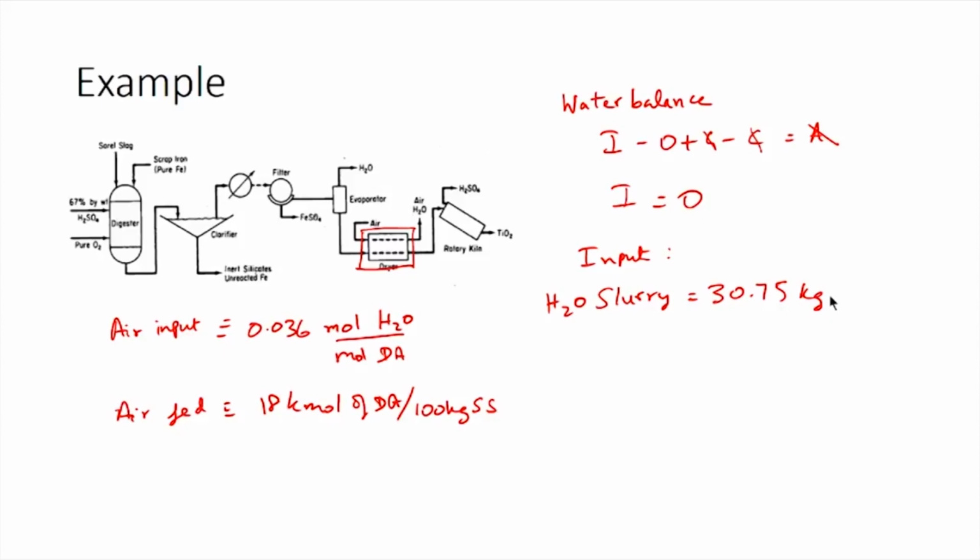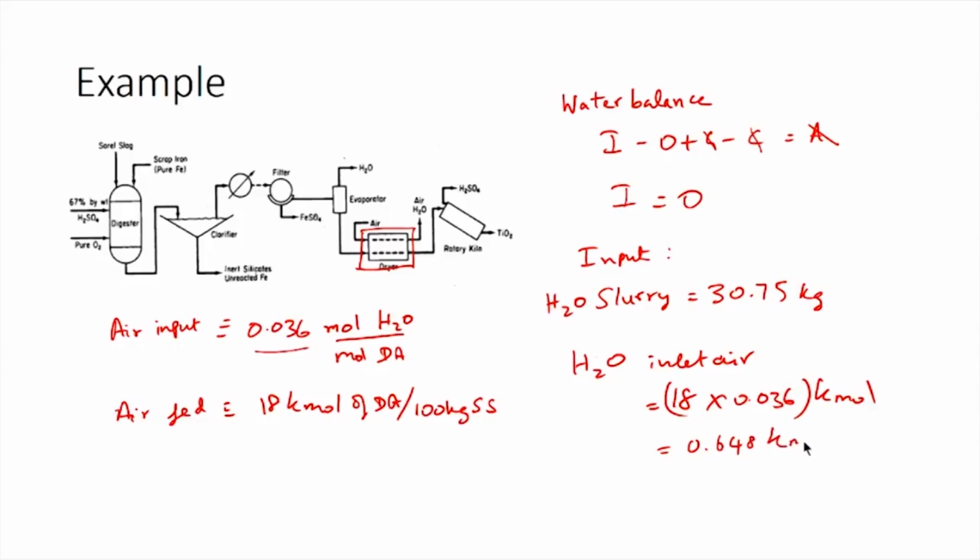So, we know that there is 0.036 moles of water per mole of dry air, and we have also been told that 18 kilomoles of dry air is fed for 100 kilograms of Sorel slag. As we have 100 kilograms of Sorel slag as the basis, we know that 18 kilomoles of dry air has been fed. Water in the inlet air would be equal to 18 times 0.036 kilomoles. So, this equals